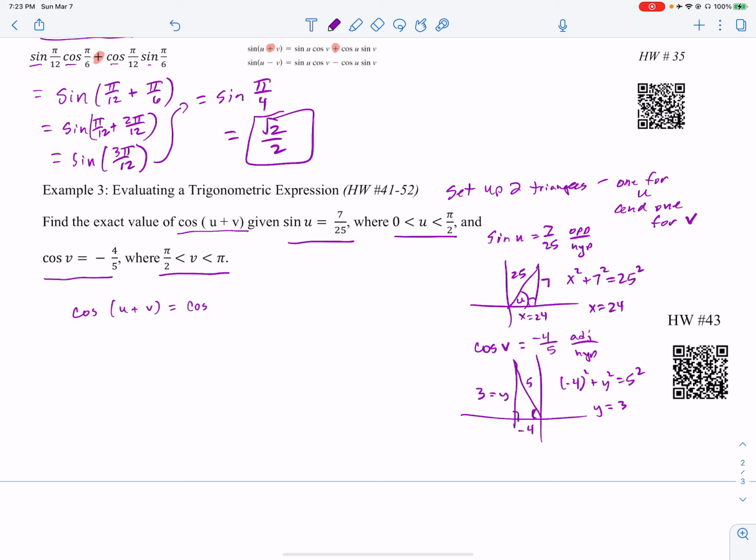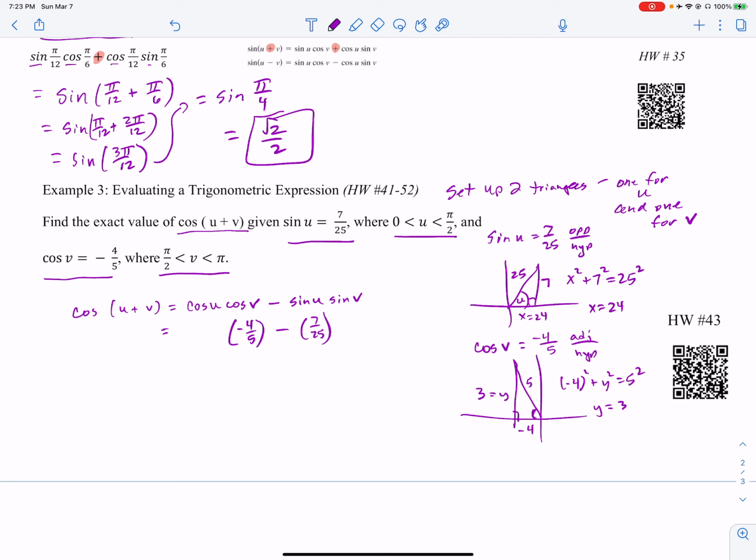With cosine, you have 2 cosines, but when it's addition, it's subtraction. And then you do sine, and again, you put the U first and the V second. Now you already have 2 of these values. You have the cosine of U is negative 4/5. And you have the sine of U is 7/25. Those were given. But that's why we had to set up the triangles, because when I want to do the sine of V,